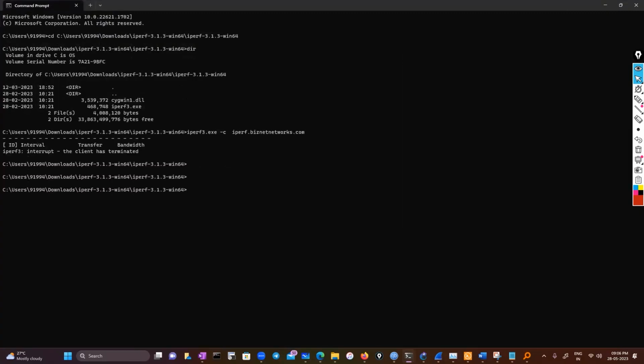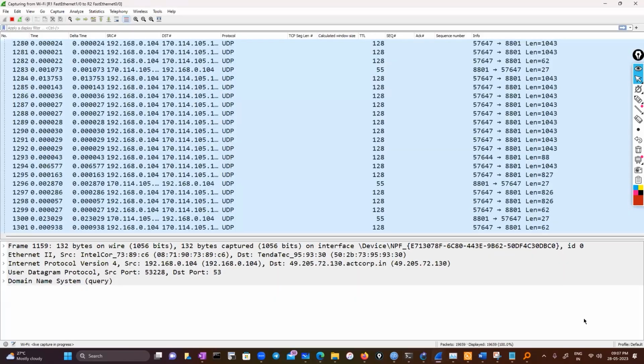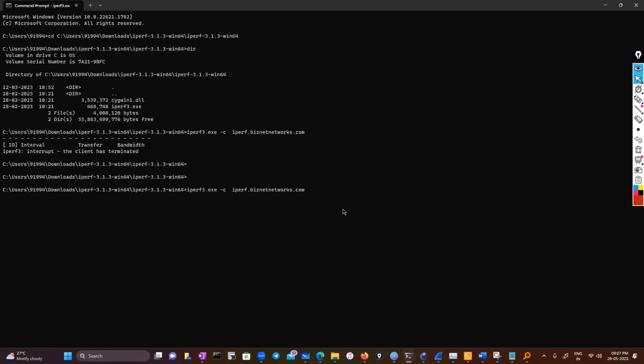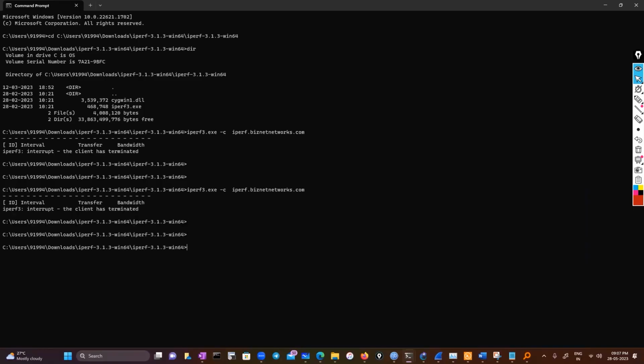The capture is running? I have to go to my live capture. If I ping